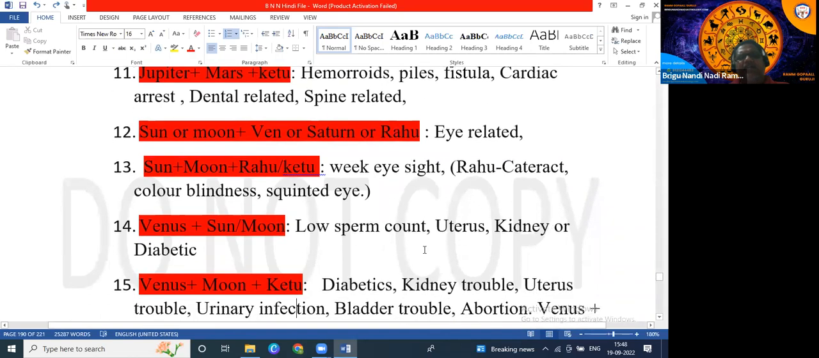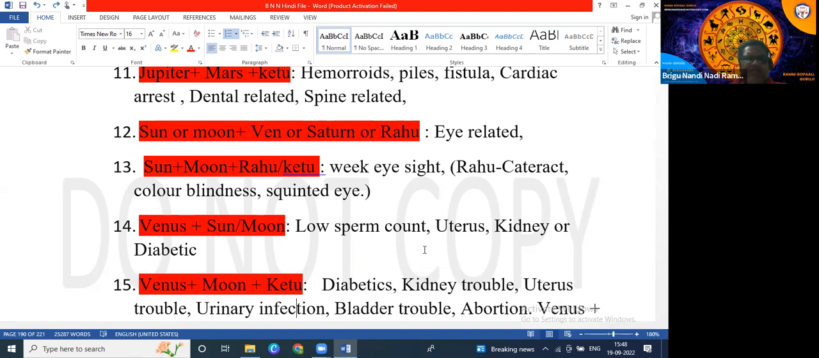And Venus and Sun. Venus is sperm, Sun is heat. So sperm will be burned by the heat of Sun. So the native will suffer from low sperm count. And Venus and Moon: Venus is sperm and Moon is water. So when there is more water, the native will suffer from the same low sperm count. And for female, Venus is uterus, and for male or female, Venus is